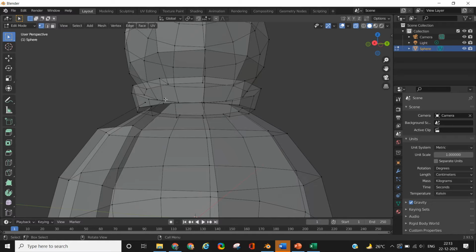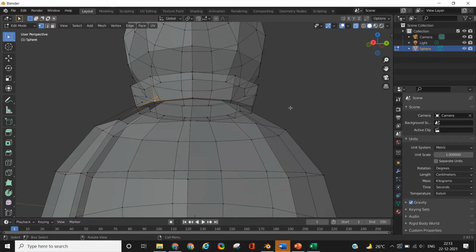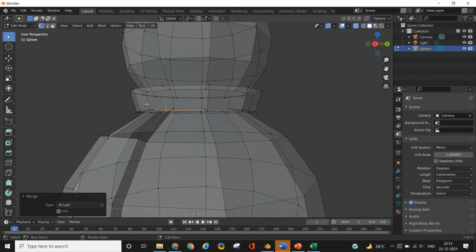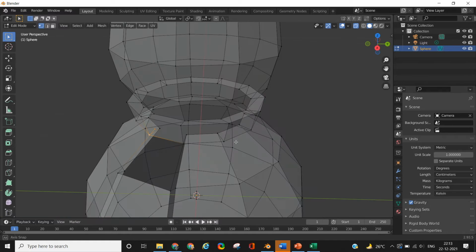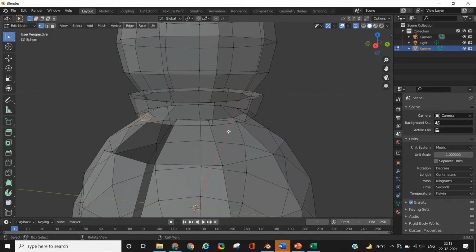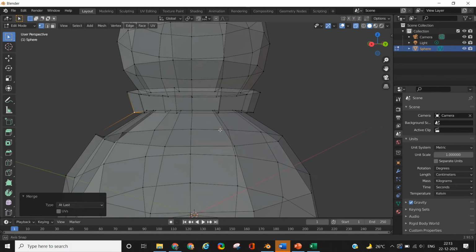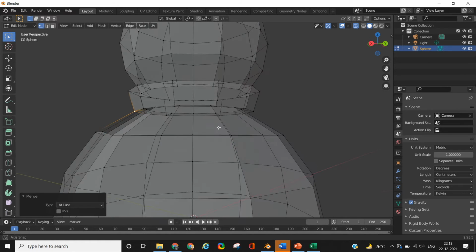Now these two vertices that are inside will need to be joined with the circular edge vertex. So select both the vertices, press M on the keyboard to open the merge menu, and then ensure that you select the vertex on the circular portion of the muffler last, so that you can select the last option. If you have selected that vertex first, then in the merge menu you will have to select the first option.